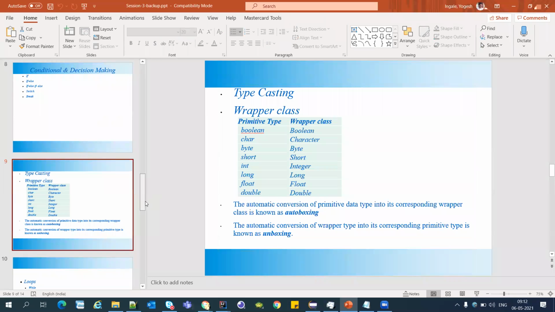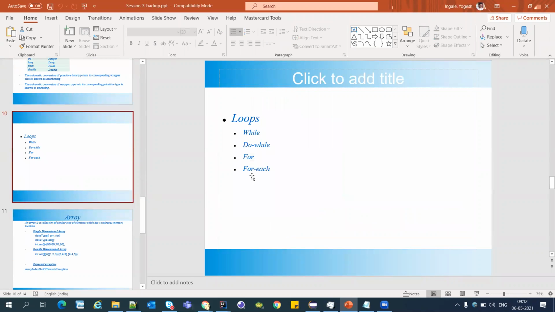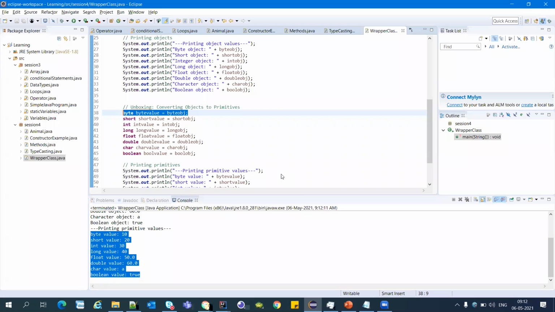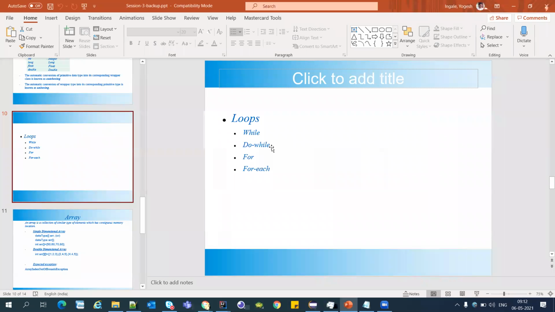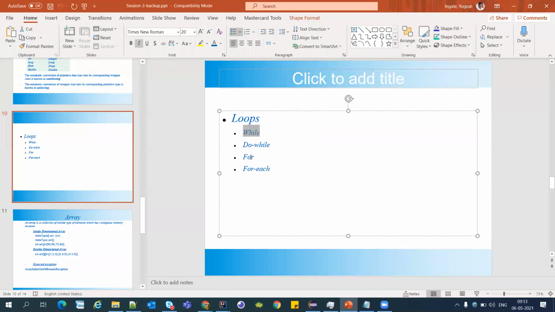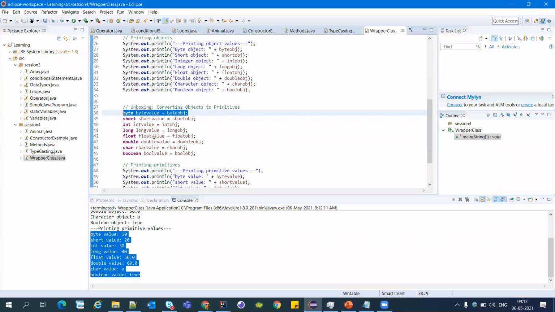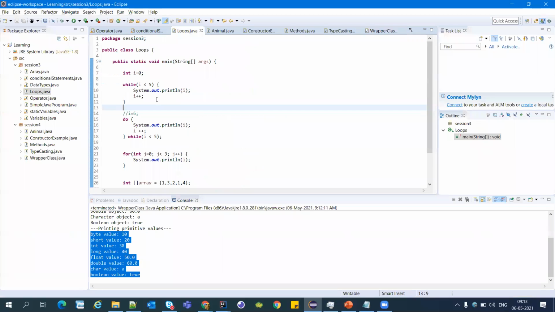Okay, going further. Loops. We have while loop, do while, for loop, and for each loop. We'll see them one by one in the examples, and that will be clearer.